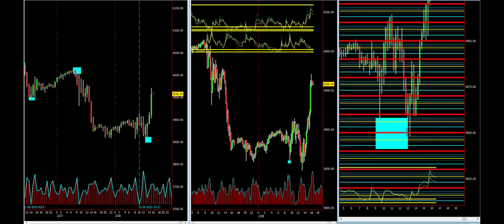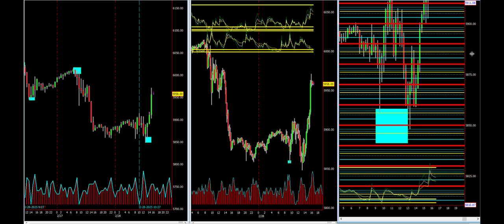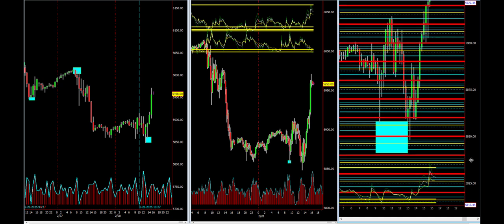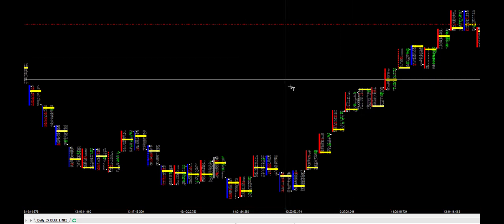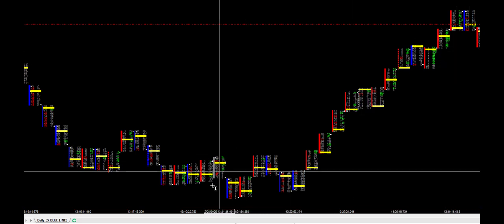So what do we do once we get in the zone? If you want to be a tick control trader, we have to look inside the bar. So how do we look inside the bar? You have lots of software. This is MultiCharts. It is free. You can look inside the bar.